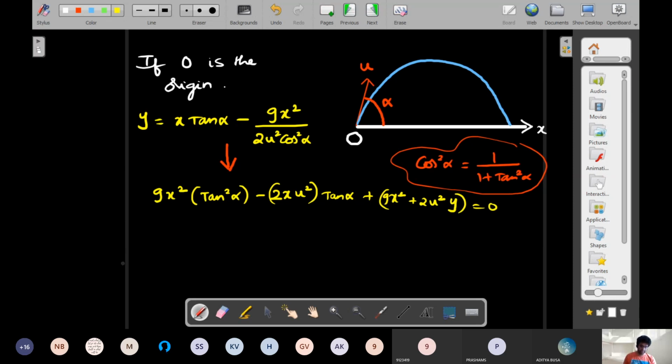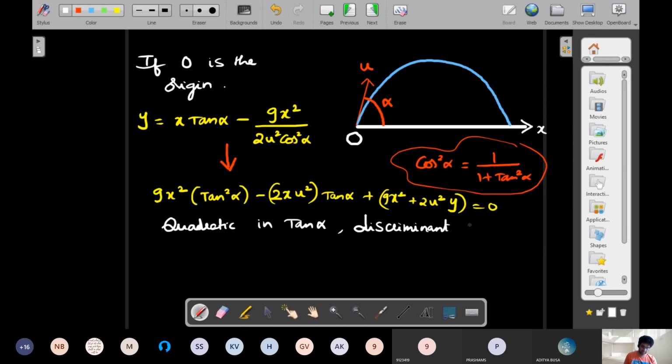Now the point (x, y) can lie on this particular curve that you have drawn if and only if there are some real roots for this equation. So there should be some real roots for this equation, right? Let's try to understand by taking the discriminant of this quadratic in tan alpha. So for this quadratic in tan alpha, the value of discriminant, let's write that name, discriminant.